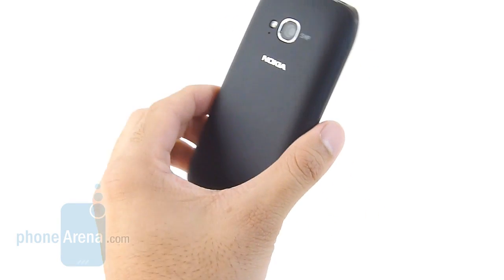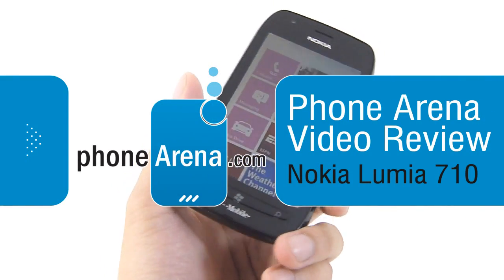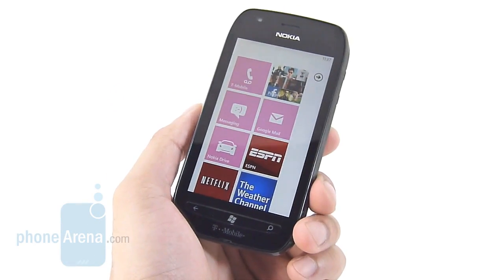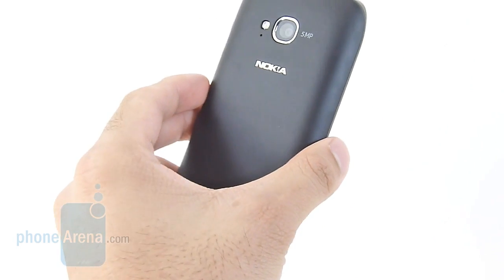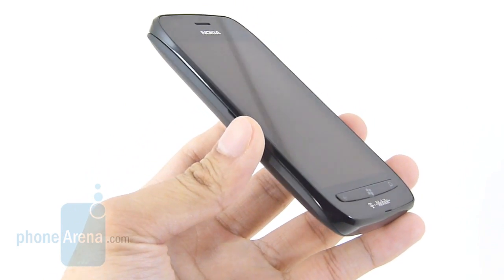You're watching our video review of the Nokia Lumia 710. It's a device headed for T-Mobile, priced at $49.99 for a 2-year contract. It's a mid-range device, but more importantly, it's actually the very first Windows Phone-powered device from Nokia's camp headed to the US. Being a mid-range device and all, the Nokia Lumia 710 doesn't really come out as an outstanding looking